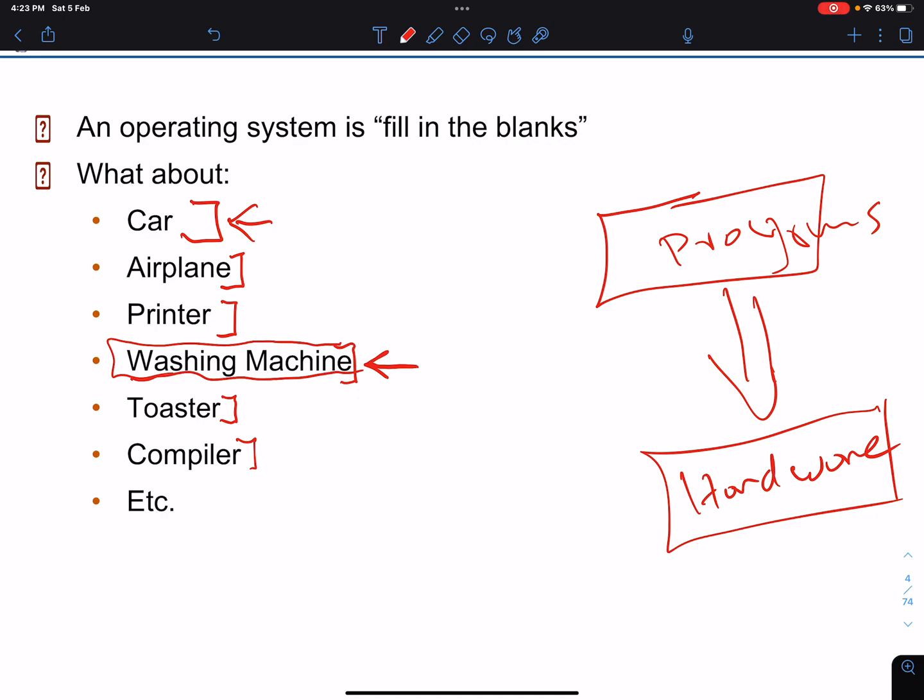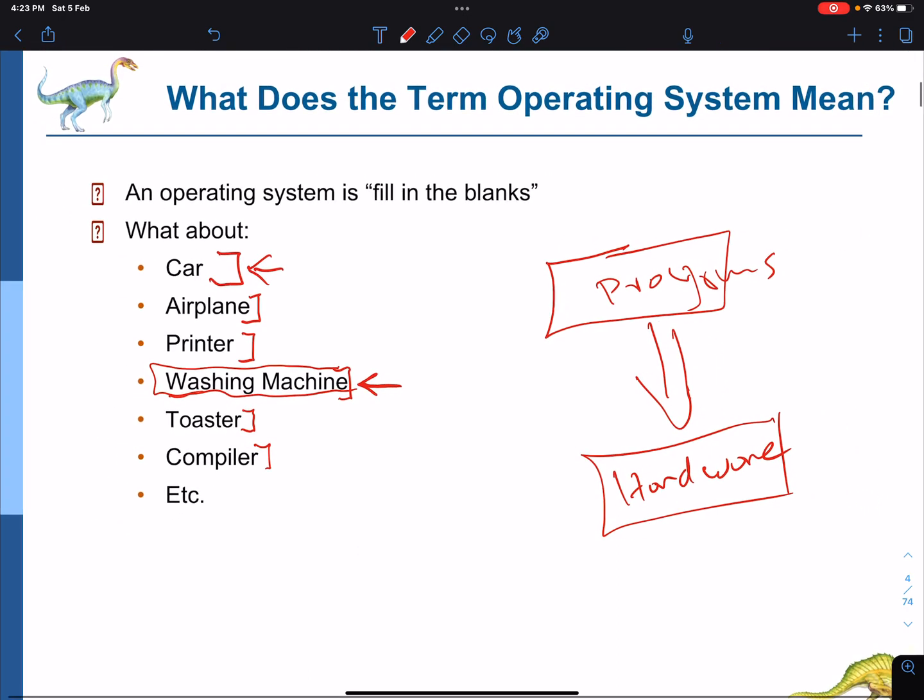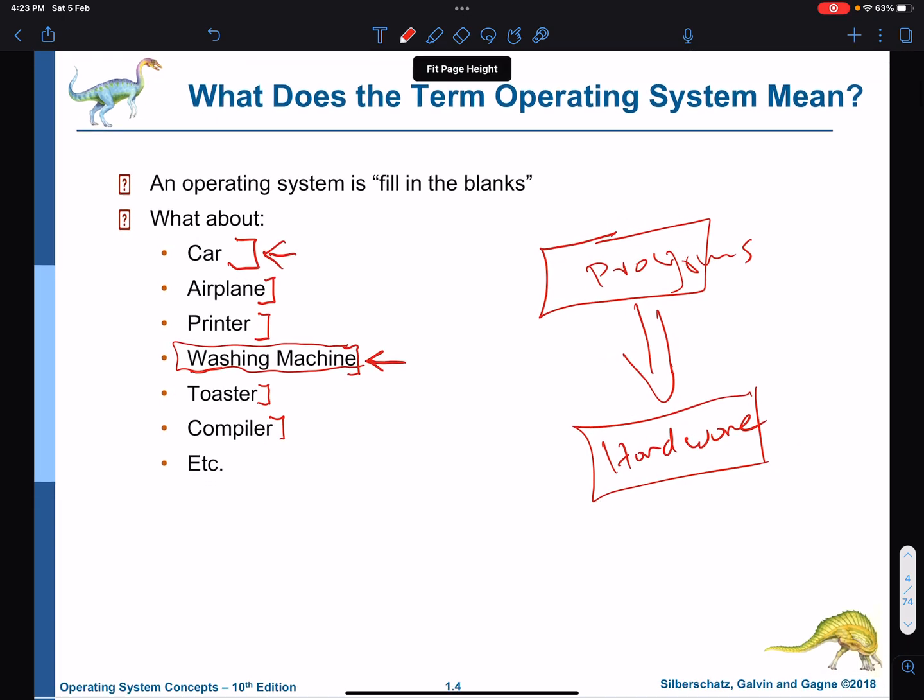Throughout your study in engineering, you have made your own operating systems by writing the code that would control a microcontroller to perform certain tasks on hardware. Move a robot forward or backward and read the sensors, take decisions based on the readings of the sensor, and so on. This is what you did, it is an operating system. So what is an operating system? An operating system is a set of programs that control hardware.